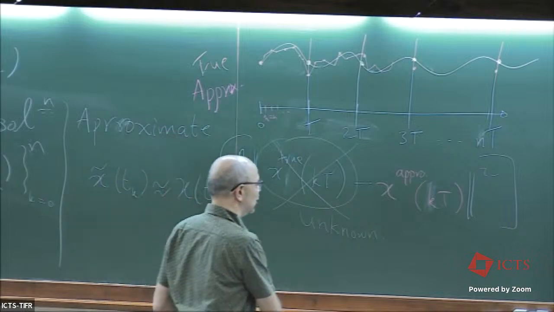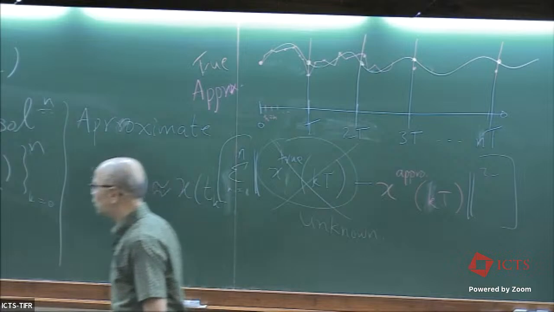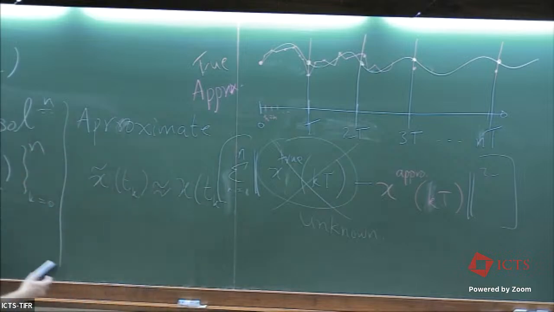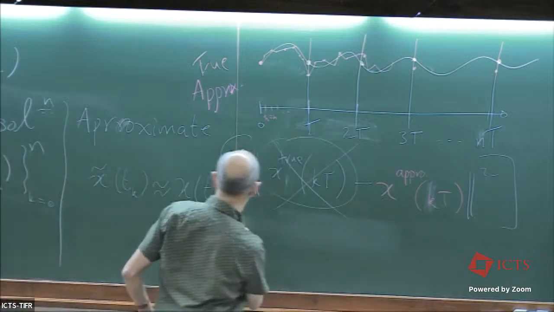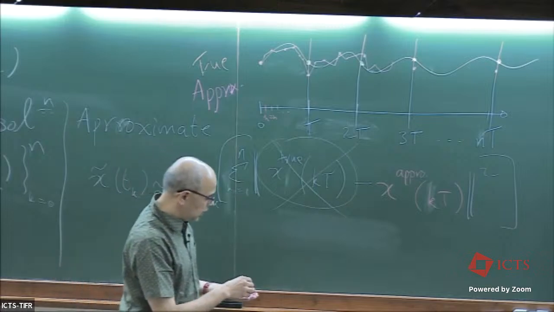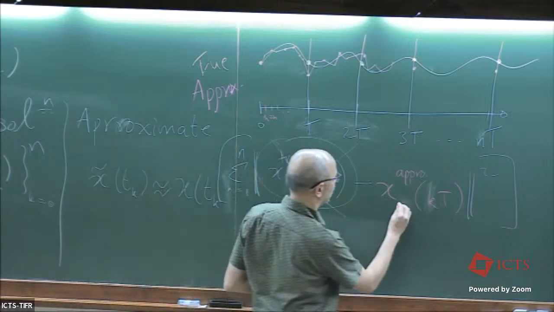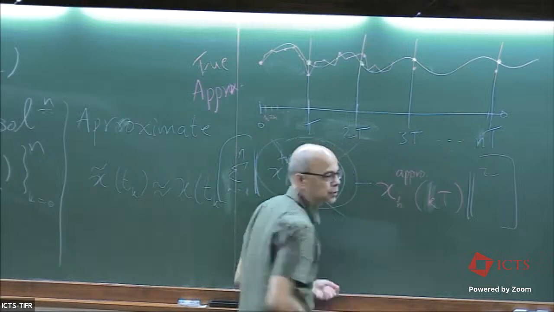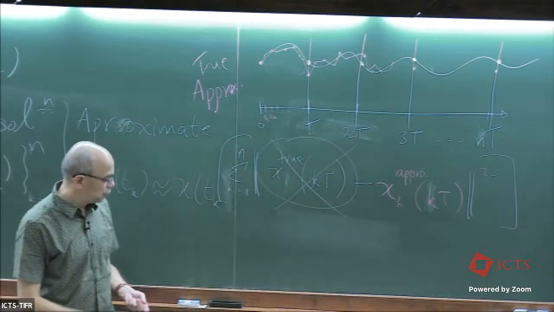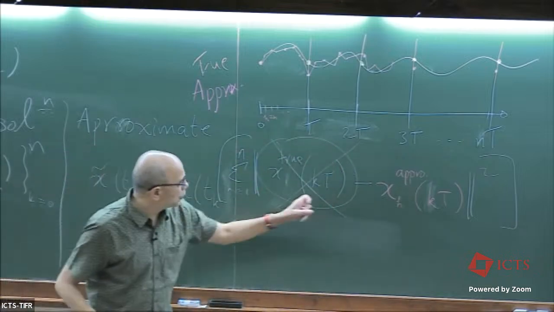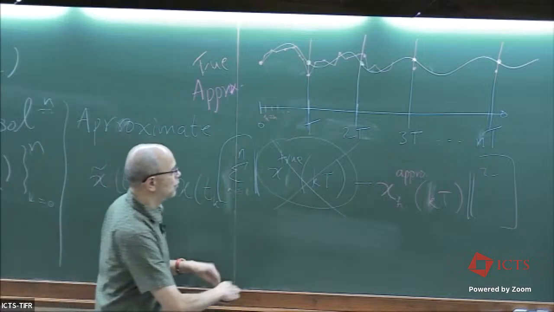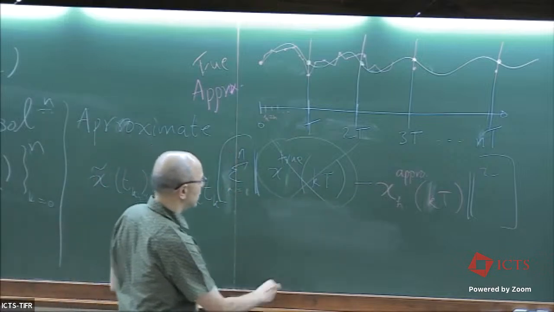Well, if the true solution is unknown, we can't compare against it directly. So one placeholder would be to see whether you can do something else. Let me put the step size over here. I guess the step size is, say, h. But this quantity we cannot compute because we don't know the true solution. What we can compute actually is